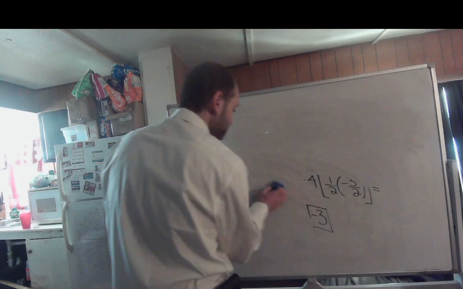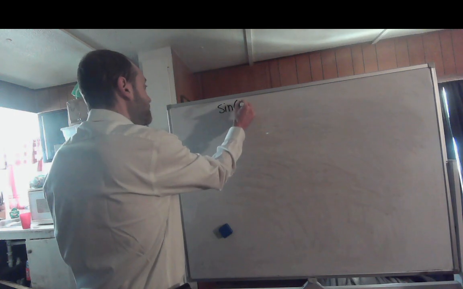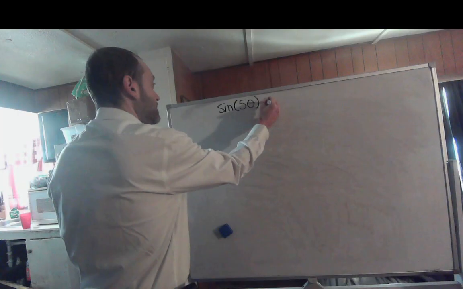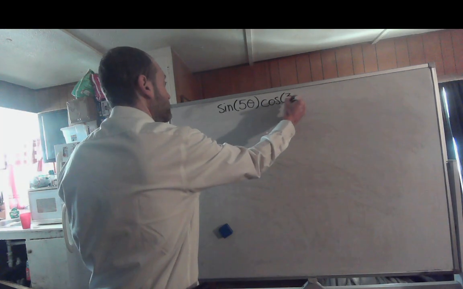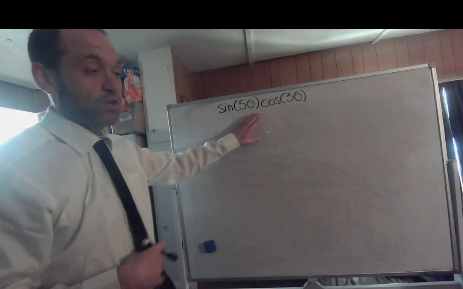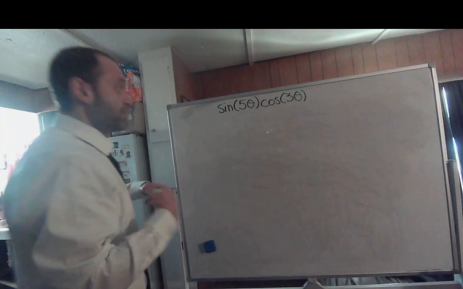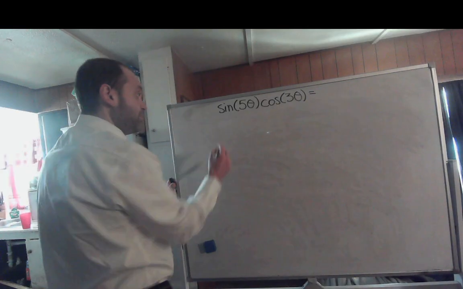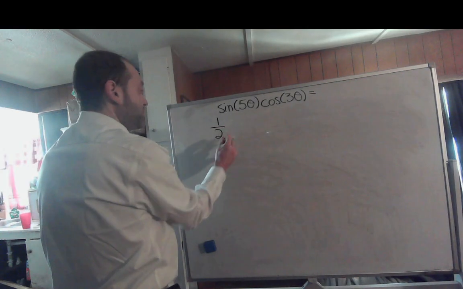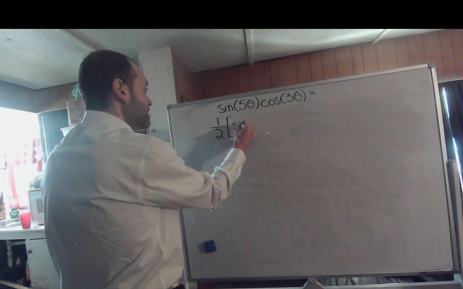I got some more. Alright, we have the sine of 5 theta times the cosine of 3 theta. So this is a perfect example, especially if you're trying to integrate something like this in calculus. The sine of 5 theta times the cosine of 3 theta. So let's do our product of sum formula. This would be 1/2, and then since it's sine times cosine, 1/2 times the quantity of the sine of